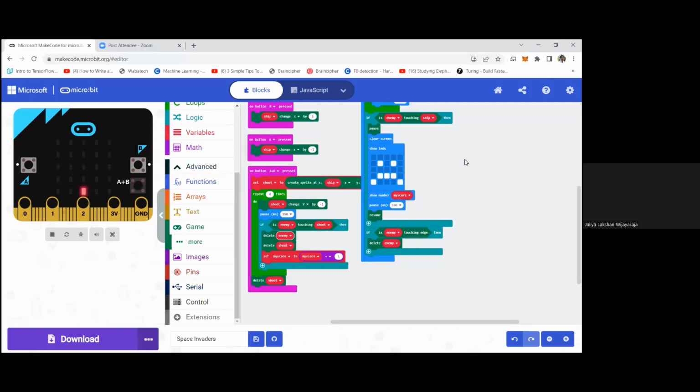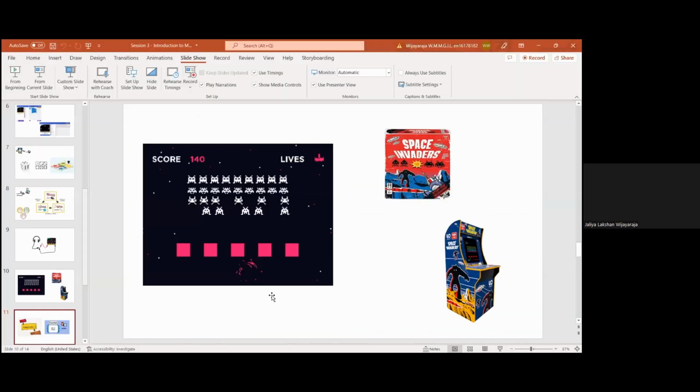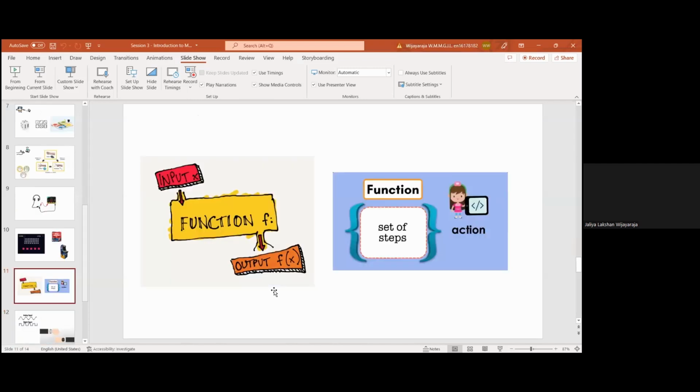in a programming language, or in typical programming, we have a concept called function. So you may see the concept of functions in your mathematics as well. Typically, a function is a set of steps. So it has an input and it has an output. Once we give a certain input, it processes it with a certain set of steps, and it will give a